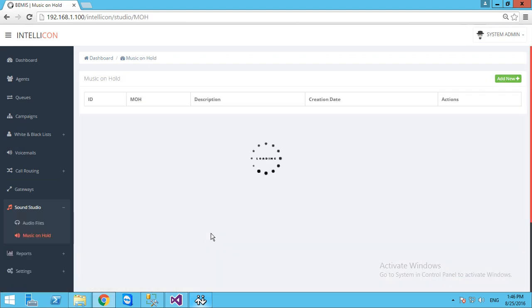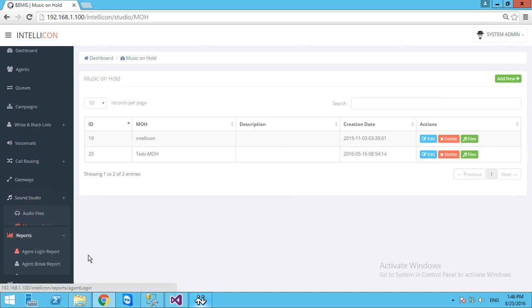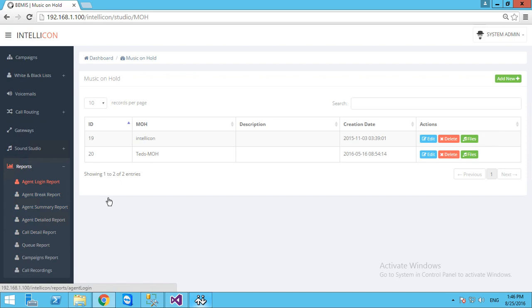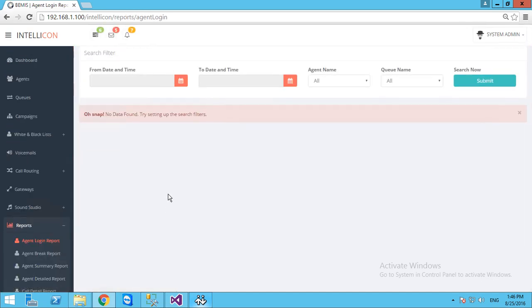Music on hold files are the files which you can also edit or select, for when the caller is waiting, so what type of music can he or she hear. Currently Ted's music on hold file is selected in the call center queue. Reports is the section through which you can see the different reporting of the